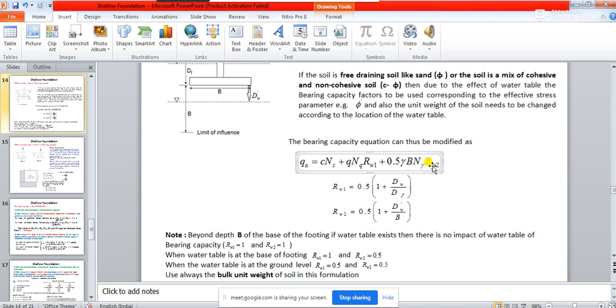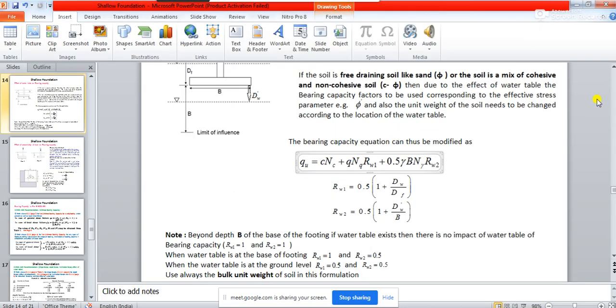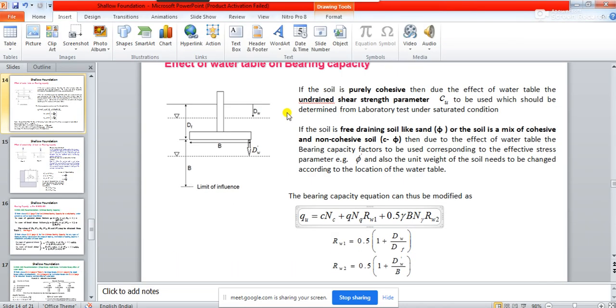Now the question you can ask, sir, where has this Rw1 gone in this equation? In this equation there is no Rw1, you notice? There is no W factor right here. So what should you do in that case? This Q is what? Q is nothing but gamma D, right? So for the soil above this portion, that means for the soil above the base of the footing, that means for the soil up to the depth Df, what you can do, you can exactly use the value